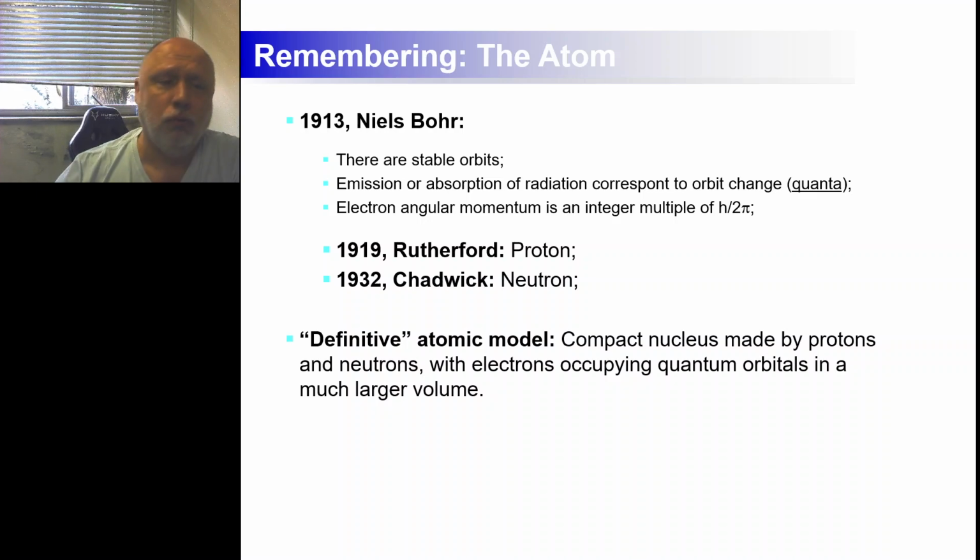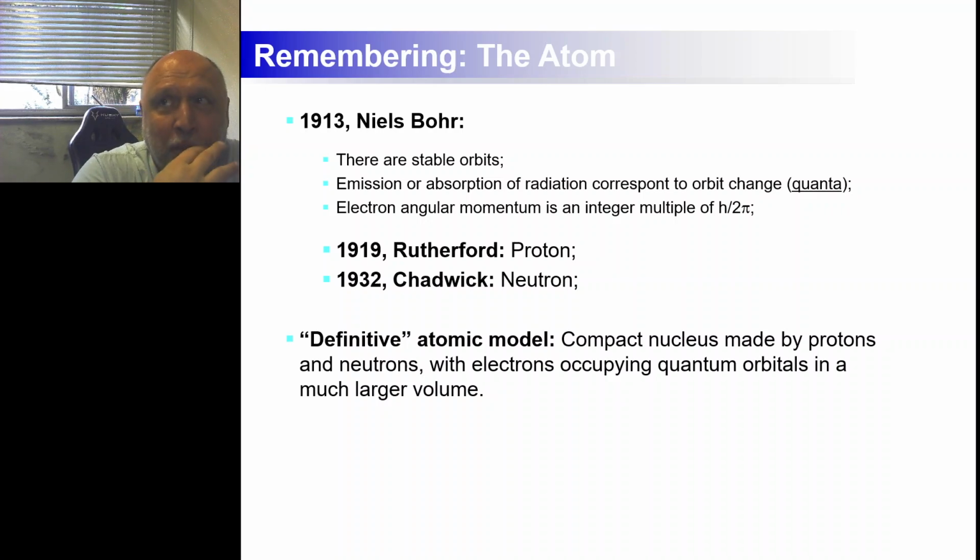So, okay, we now know there's a positive nucleus here and electrons, but what is this positive nucleus? And then we're coming to what we need to understand for this course, right? So in 1919, Rutherford discovered the proton. And okay, the proton had a positive charge, and this is the nucleus. But there was a problem with it. If you thought, okay, hydrogen, we have one proton, one electron, and it goes well. So they already knew that helium had 2 electrons, so the nucleus should have a positive 2 charge.